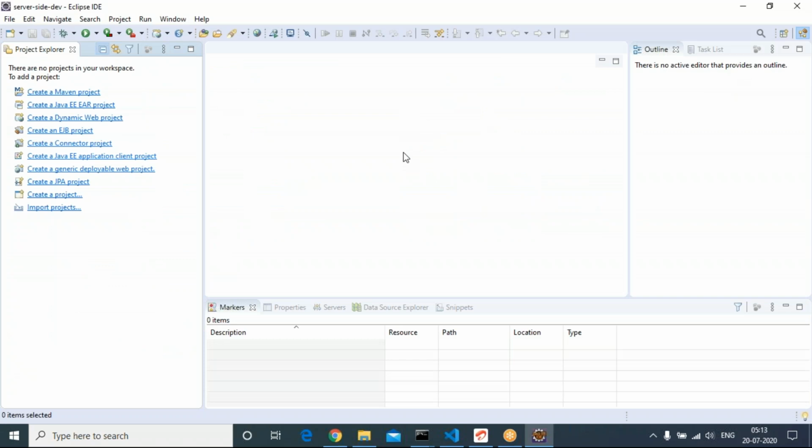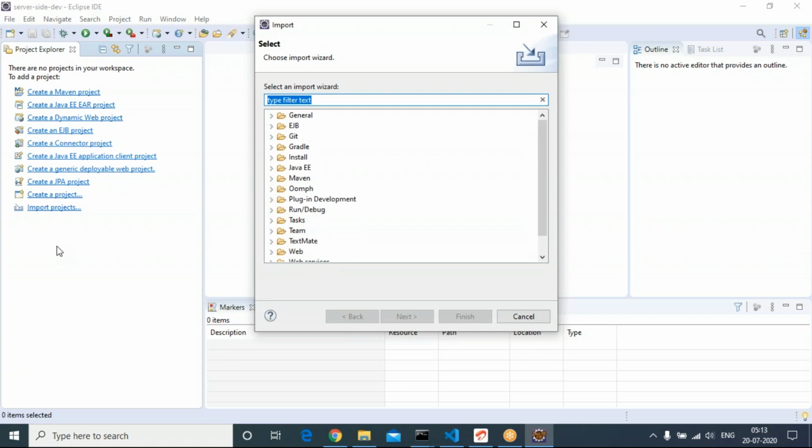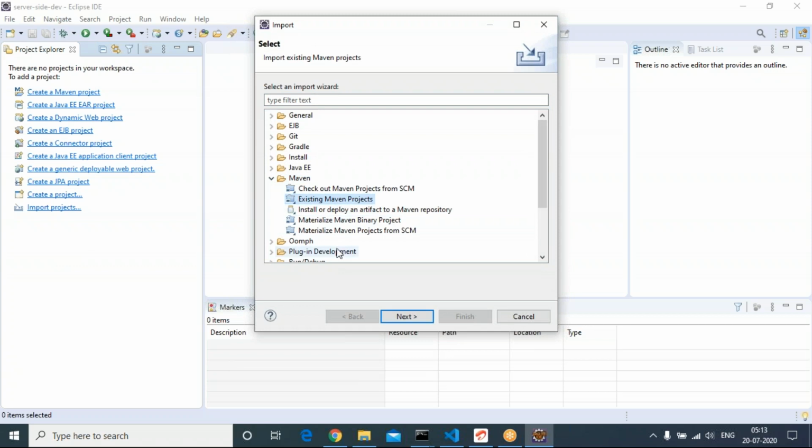Try importing a Maven based project into Eclipse. File, import. It is Maven based. Go inside Maven, select existing Maven projects. Existing Maven projects. Go next.